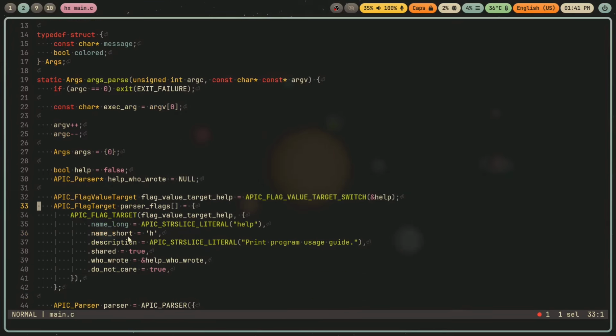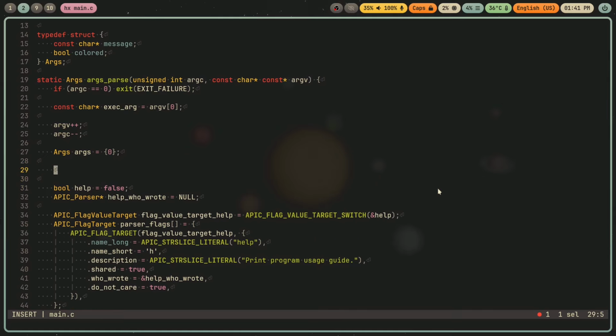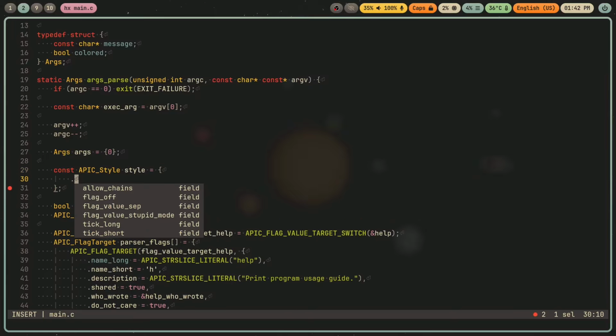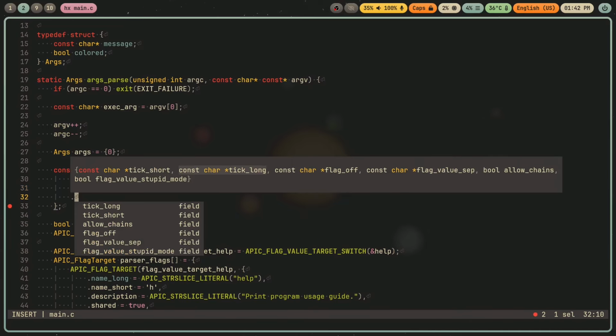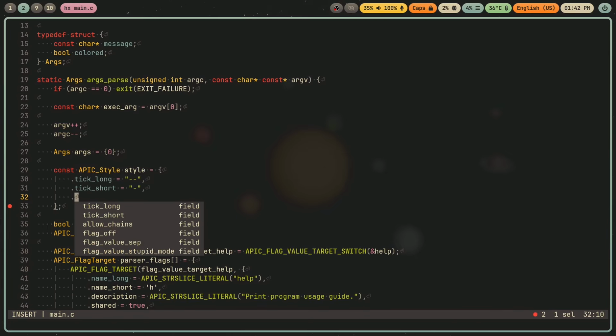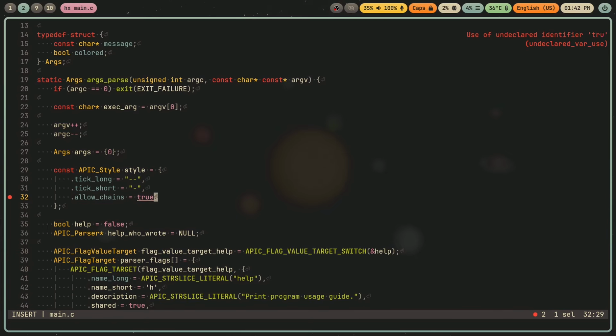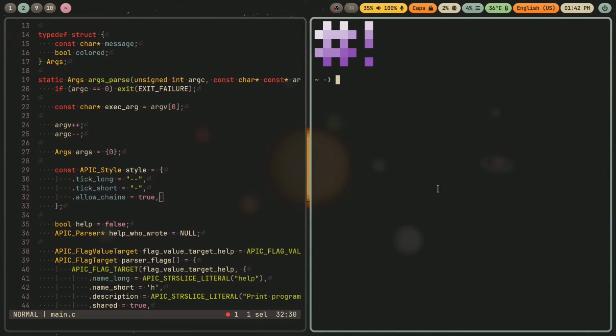The way you do this is by creating a style struct. So first you do const APIC style, and then like this. And then you define these values. Tick long will be a string, and I'll just do double ticks like that. Tick short will be another string like that, and then allow chains. So I want to allow chains, and what this does is